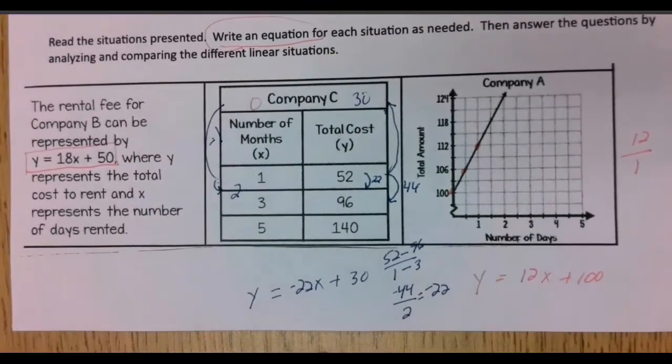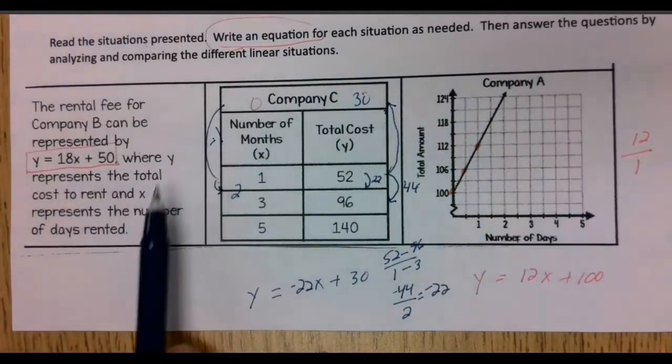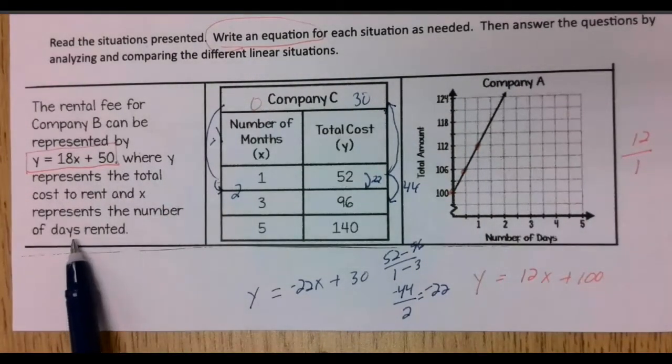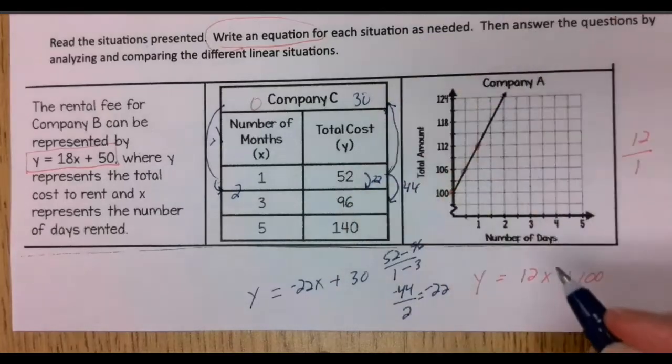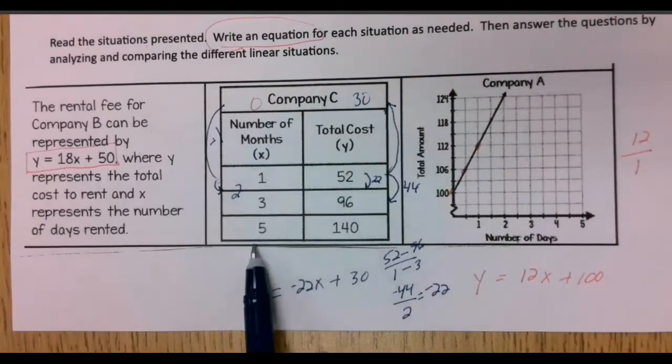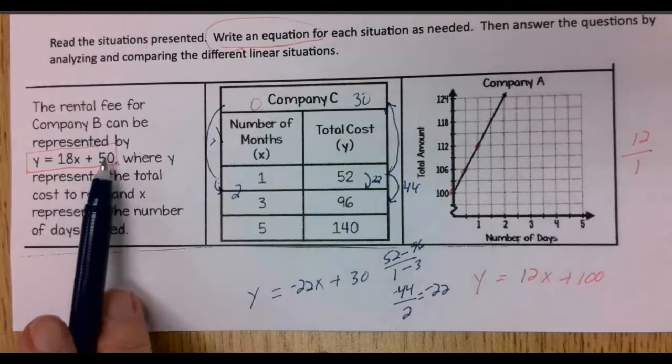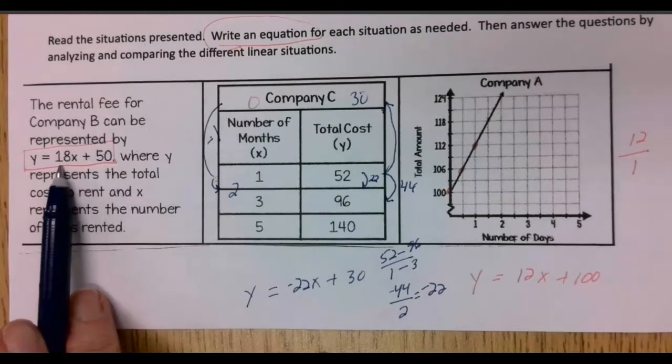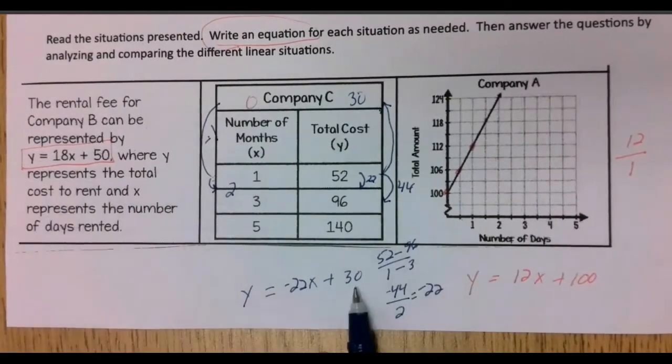Then we would ask you questions like, let's see what this means. X represents the number of days rented, okay? So that should be number of days, the rental fee. How much does it cost? So this one costs $50 no matter what, $18 per day. This one costs $30 no matter what,